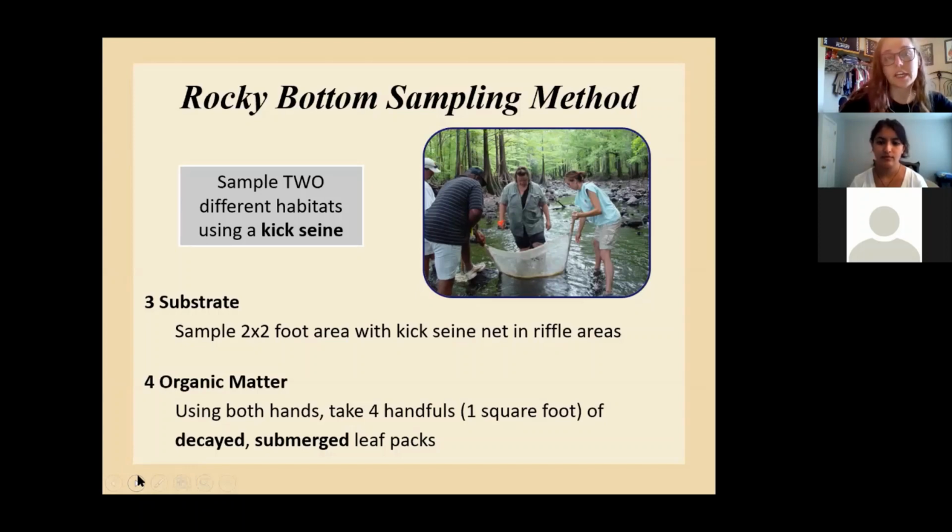So we want to make sure that we're not getting some freshly fallen green or yellow or red leaves, even though they're pretty. We want to get the yucky brown, slimy stuff. That's where we're really going to find all of the great macros living. They're feeding on that decaying vegetation. So we want to grab that. And we say just estimate, but about 1 square foot. So a big handful if you can. And if you can't get 1 big handful that size, just estimate and add as best you can.